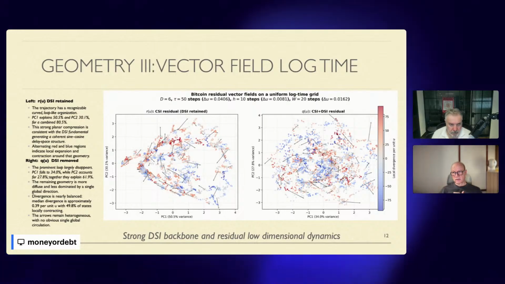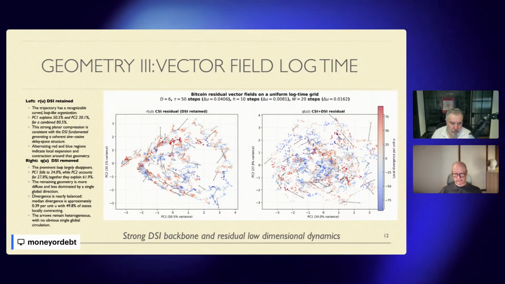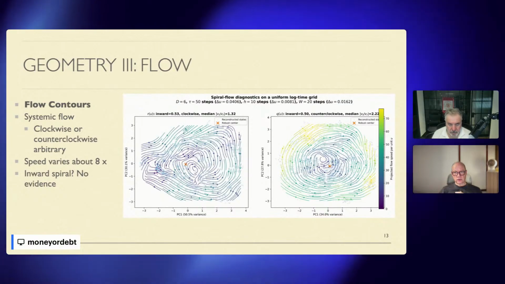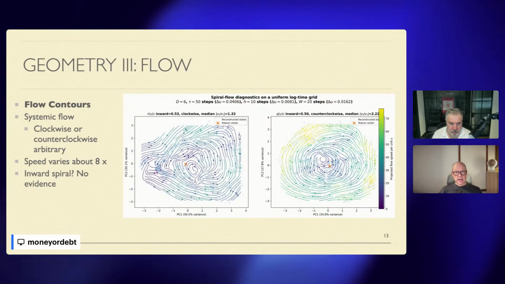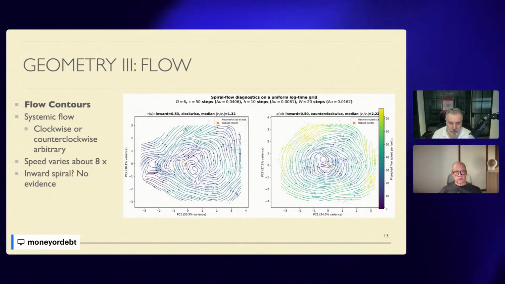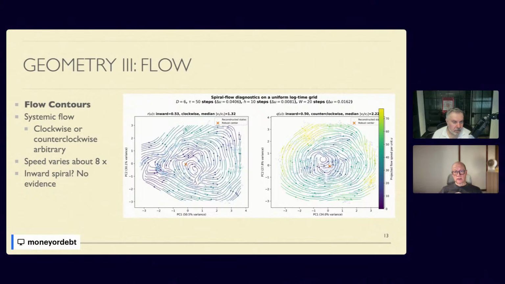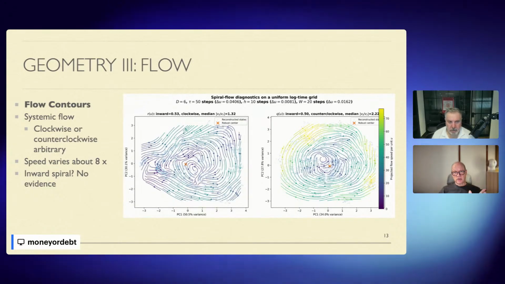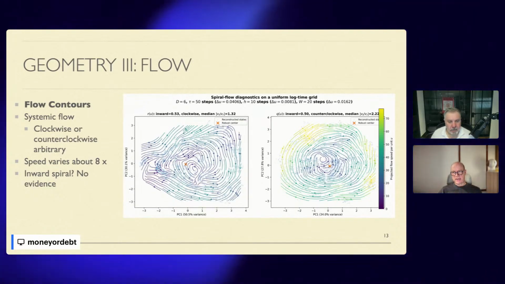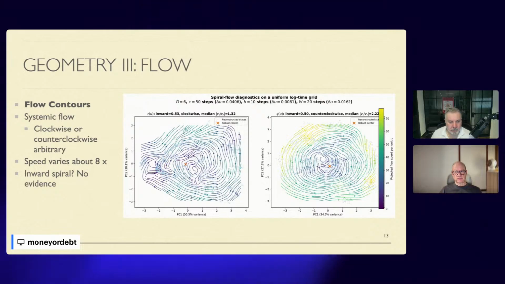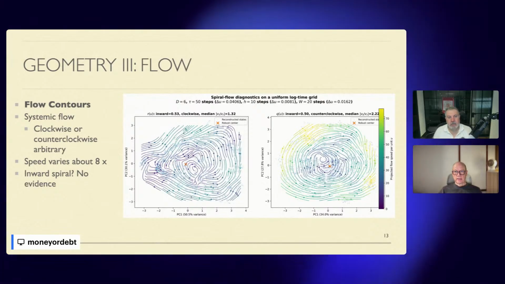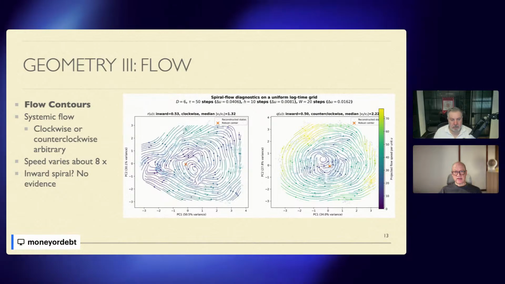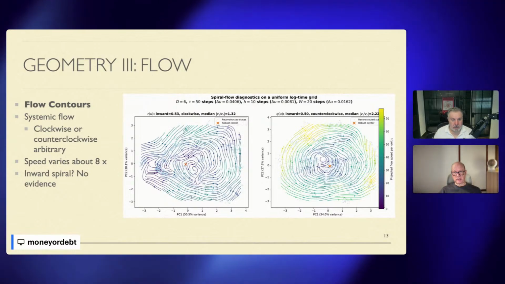The flow is a little more disordered on the second side. But the next one really puts contour lines around the flow, so you get a better look at the structure. And it does seem rather systemic or systematic. Now you will notice that on the left-hand side, it's running clockwise flow, and on the right-hand side, it's running counterclockwise, but that's actually arbitrary. The direction of the flow just depends on the way you've defined things. You could flip the components and you would see the flow in the other direction.